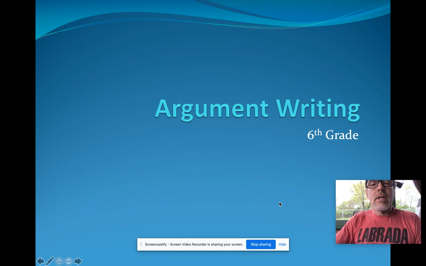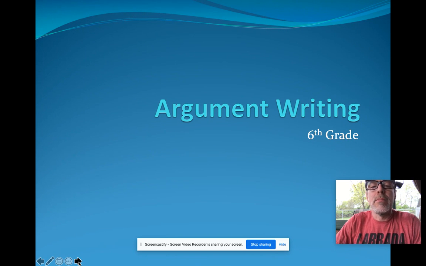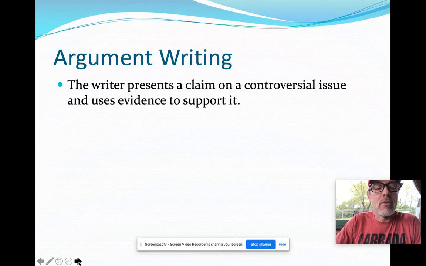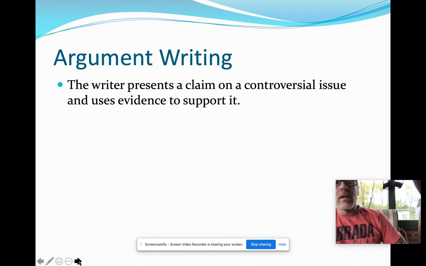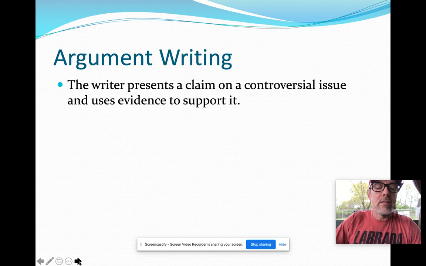Alrighty, hey guys. So we're going to talk about argumentative writing a little bit. So all sixth graders are to be able to create an argument and write about it. So remember that when you are writing argumentatively, you are presenting some kind of claim and then supporting it with evidence. So you might want to jot down some notes because,